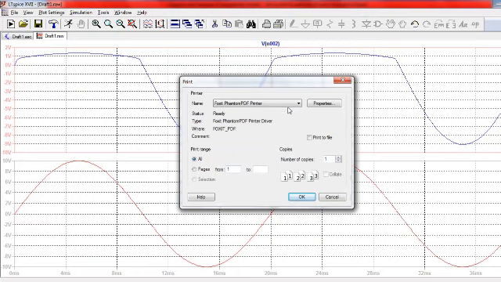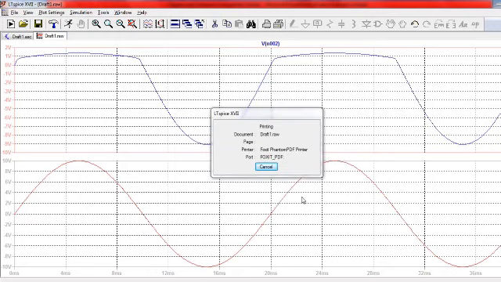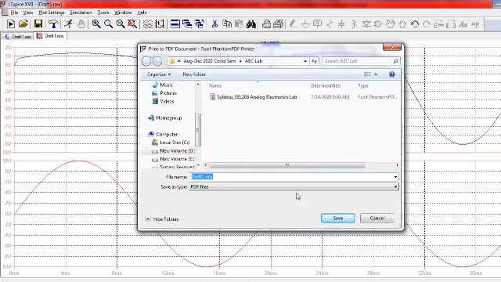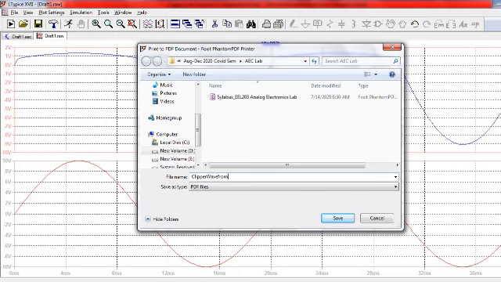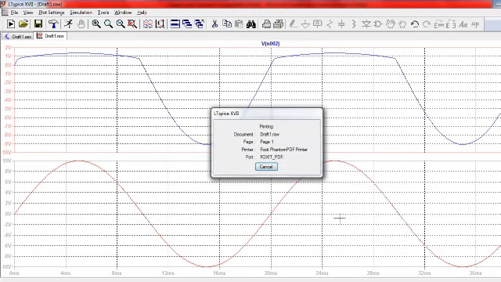Since I have installed a PDF printer, it is showing PDF. You may have different options, so you just go and click on OK. It is asking me to save it. I am in the AEC lab, so I will save it as Clipper waveforms, and I will save it.